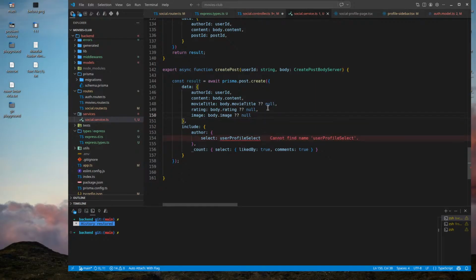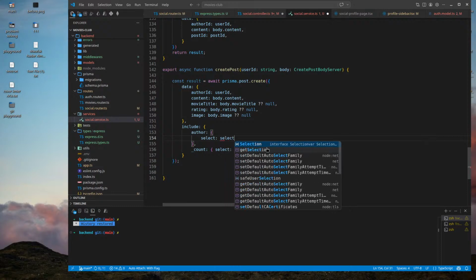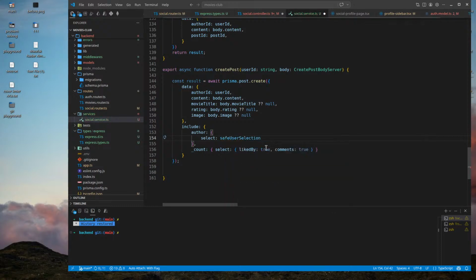But that's like when I'm creating the post, I will include the user selection. Save user selection. And I will include the count. I will include this. I will return the result.